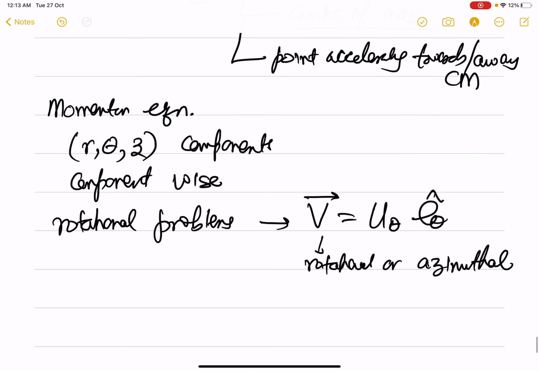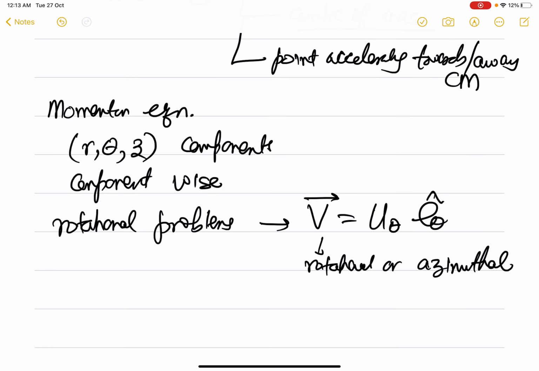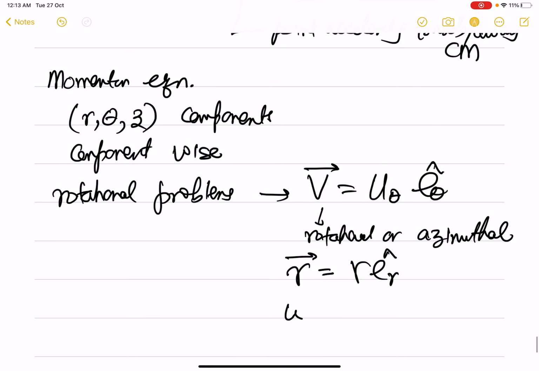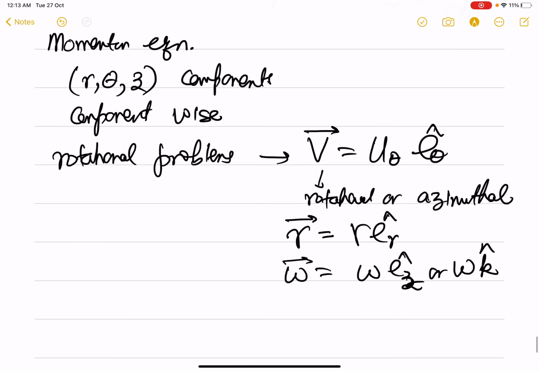There could be a radial one also, but if we are talking of v equal to u theta e theta, and r, the position vector, is r er, and angular velocity omega is in the third direction, omega k, then if we look at r cross v, this will become